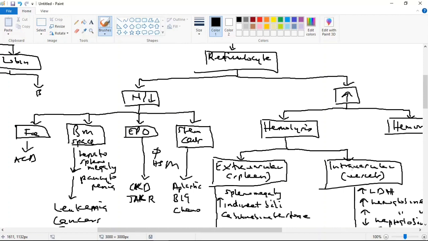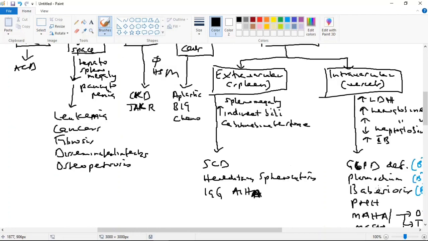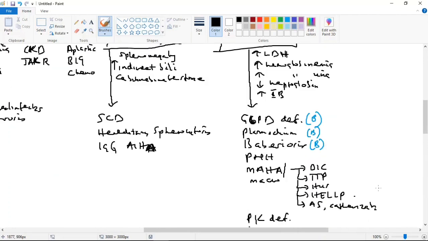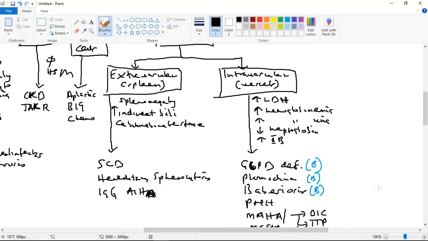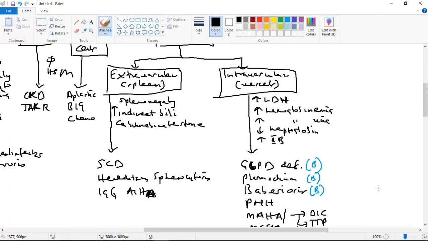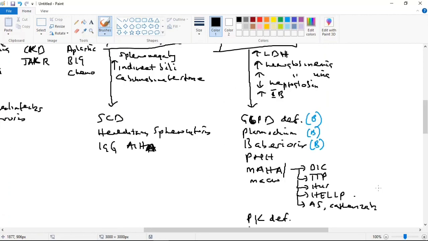If reticulocyte count is high, it's hemolysis or hemorrhage. If I rule out hemorrhage because the patient is not acutely bleeding, we're thinking hemolysis, and we can further narrow it down based on location. For extravascular, we have three major ones. For intravascular, we have some there, but there are some that are actually both extra and intravascular, like G6PD, plasmodium, babesiosis, and so on. Sickle cell, from